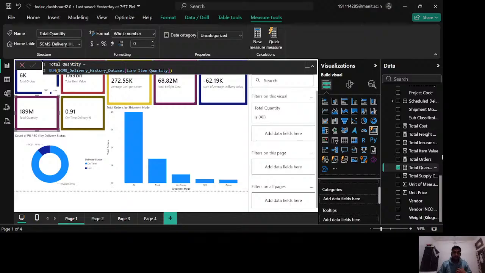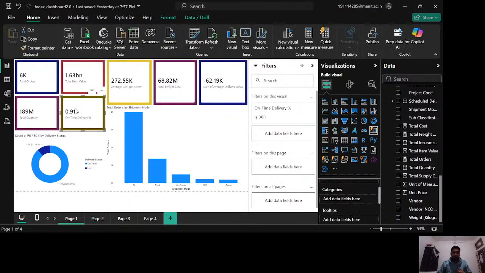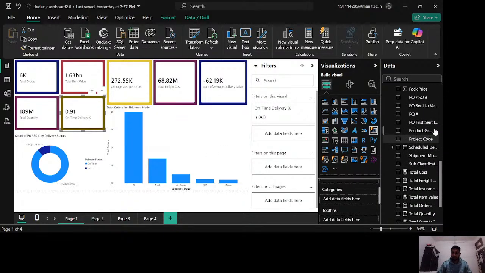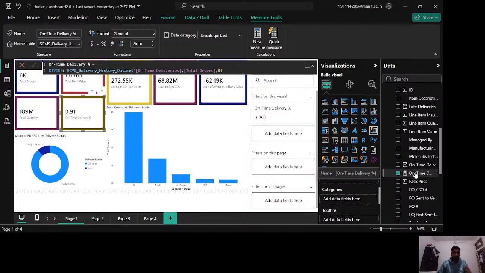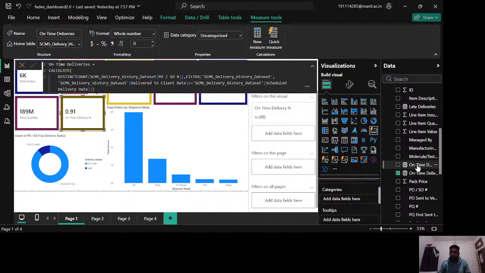Now our next KPI is on-time delivery percentage, for which we have created another measure, and its value can be calculated by the division of on-time deliveries by total orders. For the on-time deliveries, we have created a measure using the function calculate, and then the inner function, which is distinct count of purchase order and sales order, and we have filtered it by